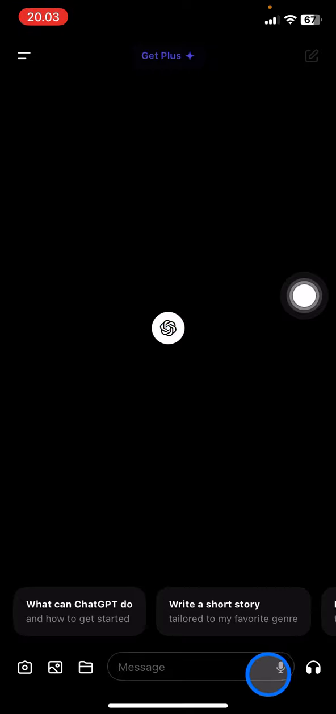This one is for recording your voice and transferring it into text, so ChatGPT will reply with text too. But if you want to have a voice-to-voice conversation, just tap this earphone icon here. Whenever you tap it, ChatGPT